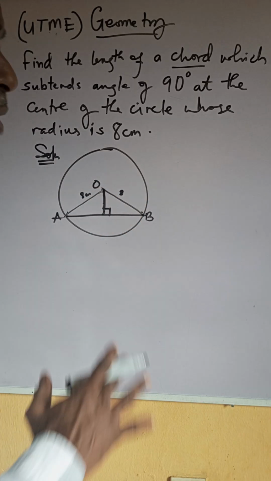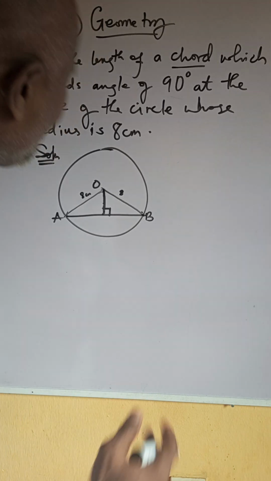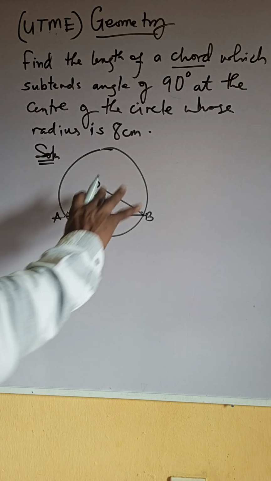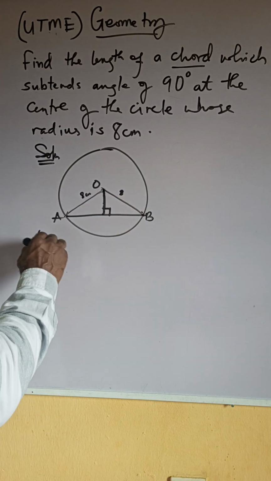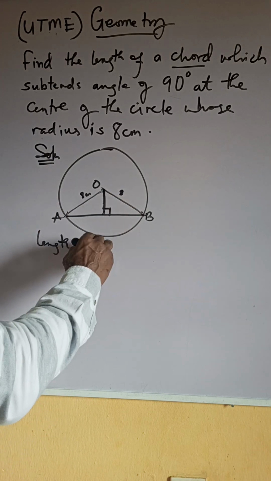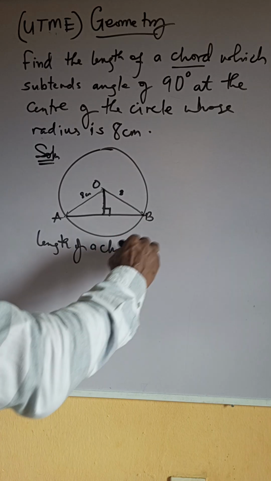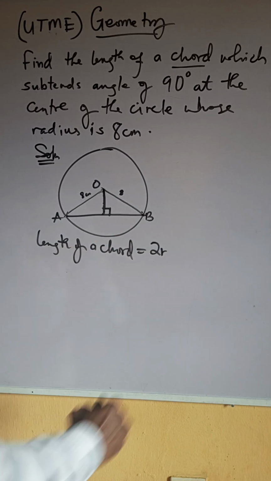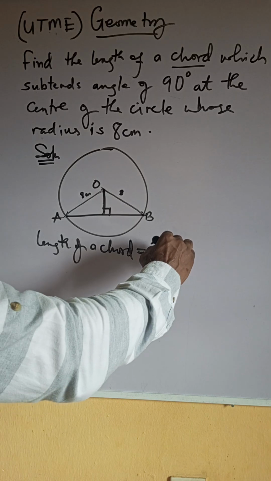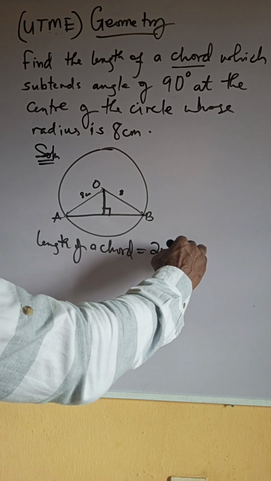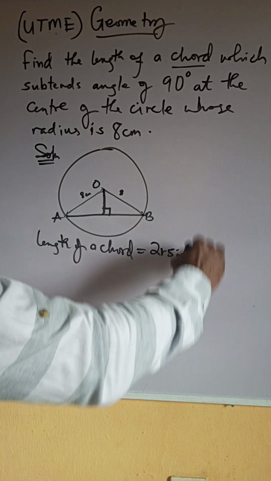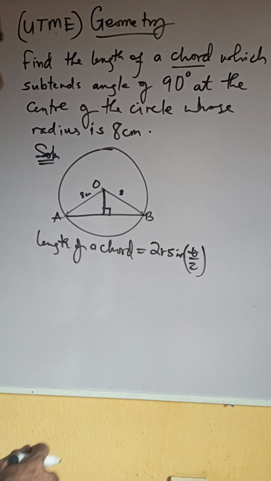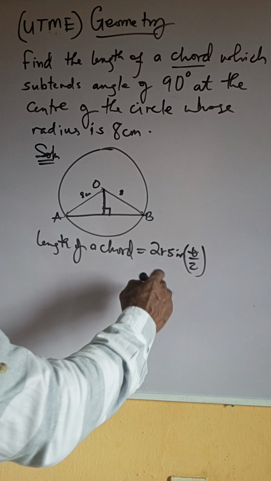So what do you need to do? You quickly recall the formula for calculating the length of a chord. So the length of a chord is given as 2r sine theta over 2. All right. Length of a chord is given as 2r multiplied by sine theta over 2,